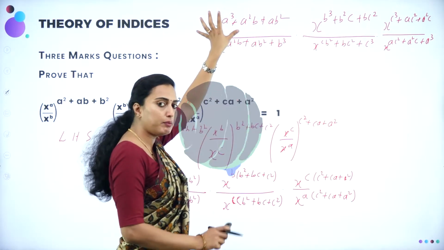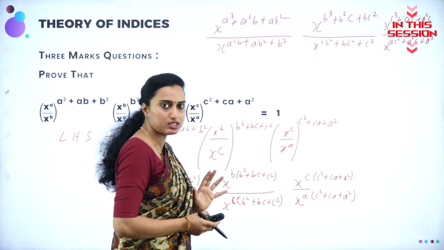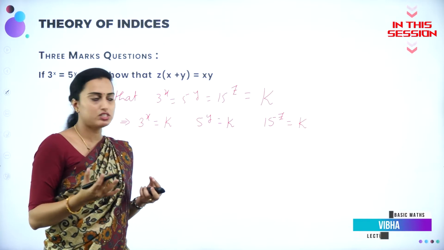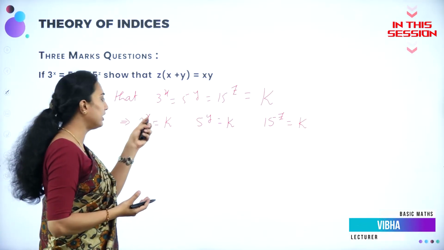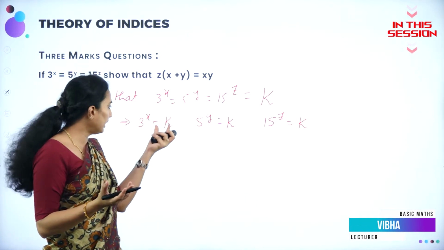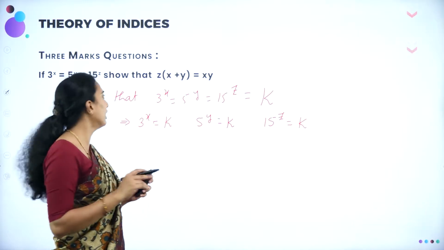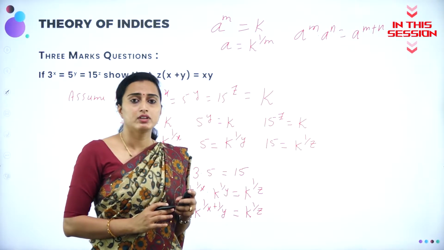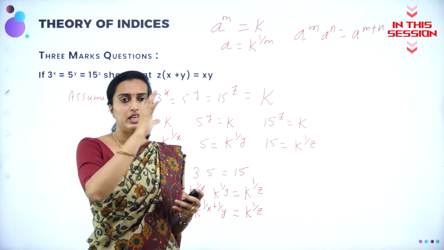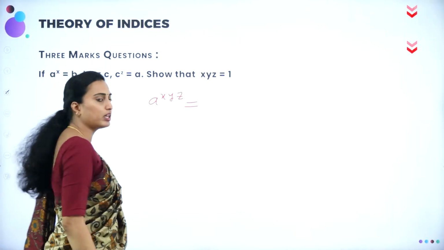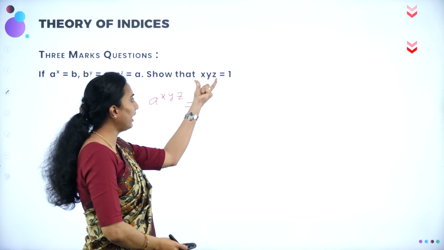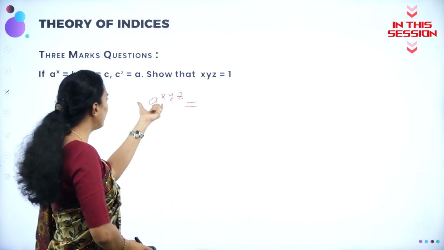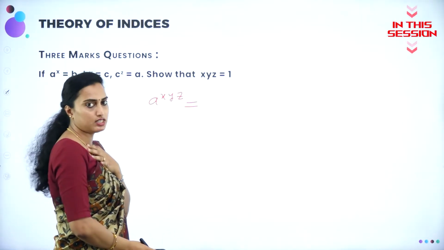If the powers can be added, it can be split, isn't it? X, Y, Z are some integers. If I take those integers, 3 power anything will be some constant, that I am going to write as K. Okay? If the bases are the same, on the equal side, I can equate the powers. I'm going to consider it like this because I have to get X, Y, Z is equal to 1. So I am going to consider A power X, Y, Z here. Okay?